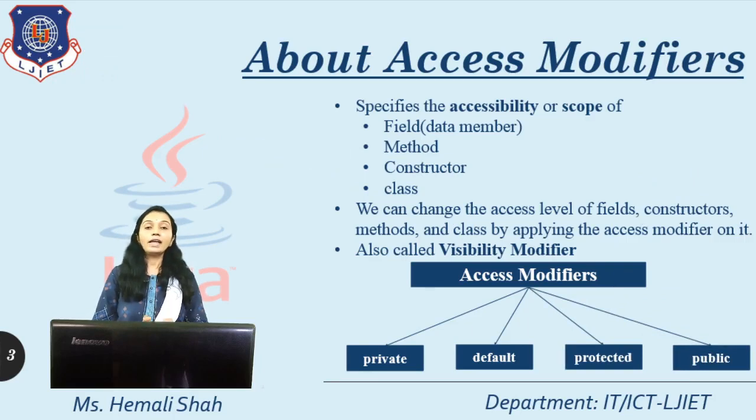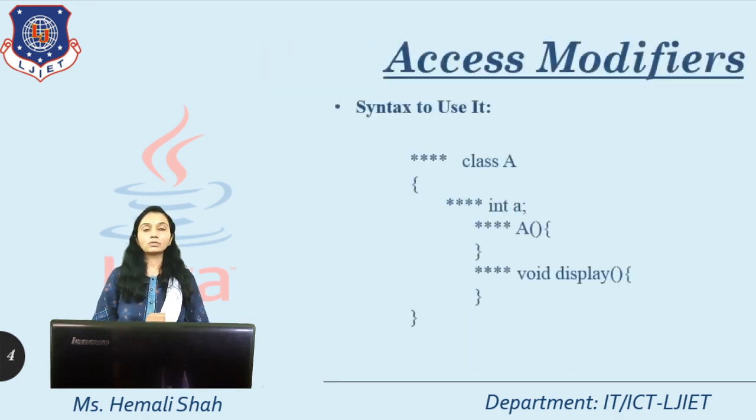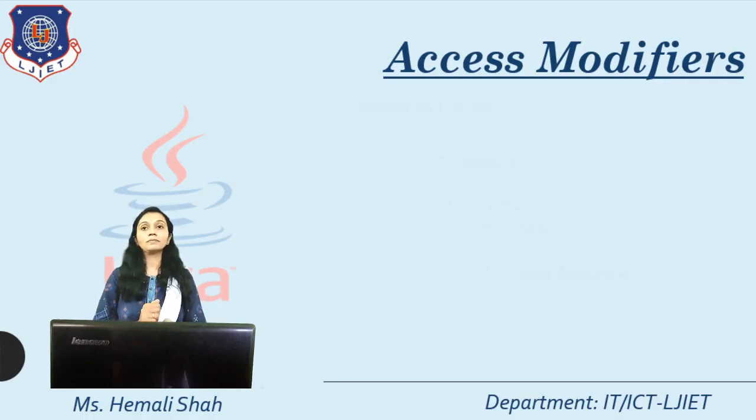Now where can you use these access modifiers? So here I have written this code. In this code I have marked four stars, which show where you can use these access modifier keywords. Whenever you are not using these keywords, it provides the default access modification to your class, to your data members, to your constructors as well as to your functions. Right? So these are all the places where you can use these particular keywords.